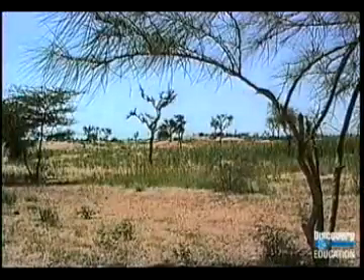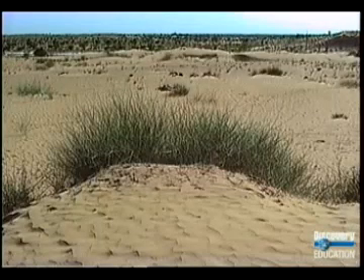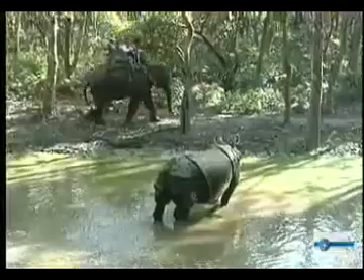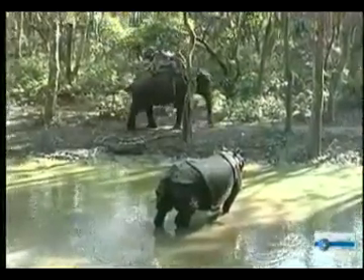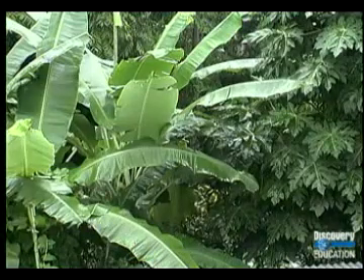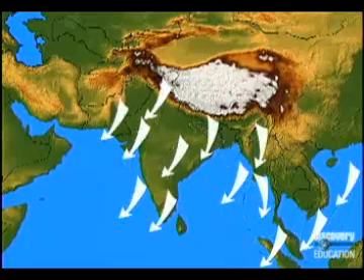In general, the driest areas are toward the north and west, with desert conditions existing throughout much of Pakistan. The wettest areas are on India's southwest coast and in the lowlands of northeastern India, Nepal, and Bangladesh. The climate and natural vegetation of the subcontinent are greatly affected by the monsoons. These monsoons are seasonal shifts in wind direction that bring moist air and rain from the warm seas during the summer months and dry air from Central Asia during the winter.